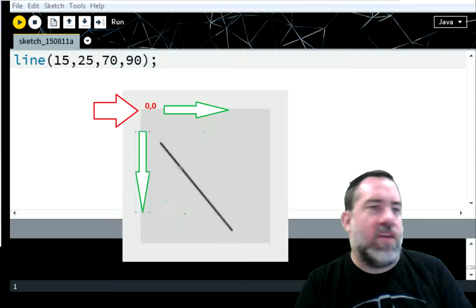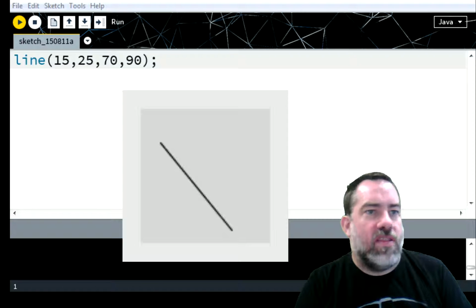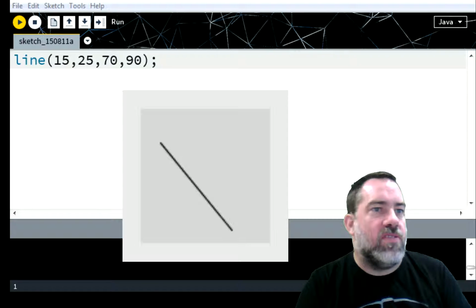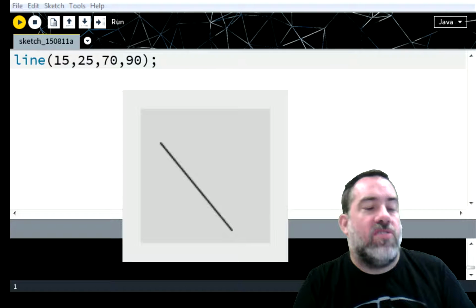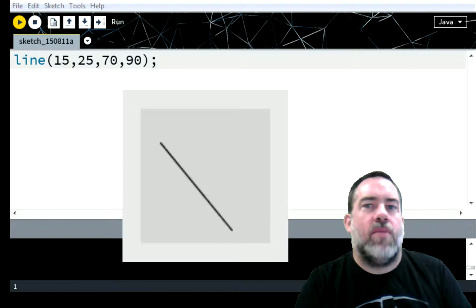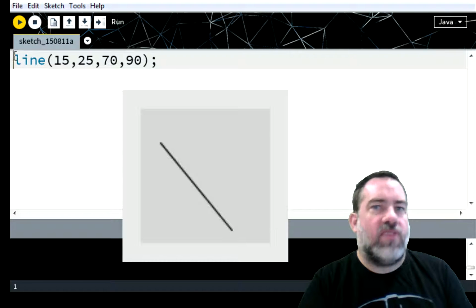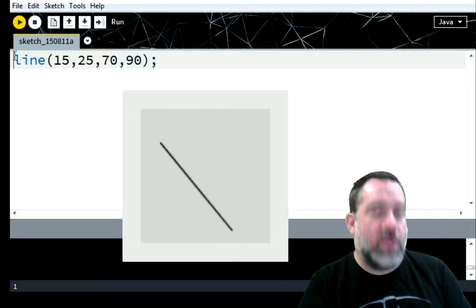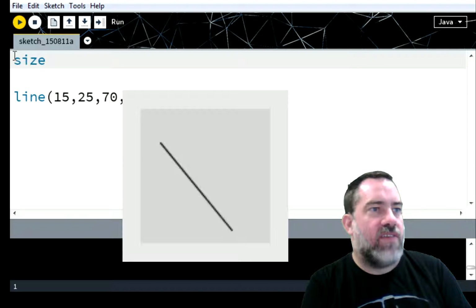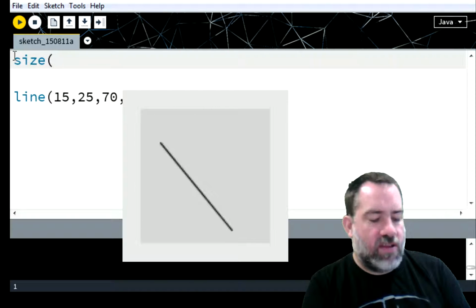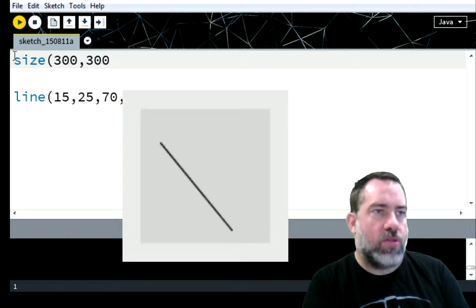Okay, so what we've done is we've created a nice window that we can see, and it's scaled it to the size that we want, and it's used a default color and background. Let's change that a little. Let's first of all set the size of the window. So let's add in a line that says size, and let's make it 300 wide and 300 tall,